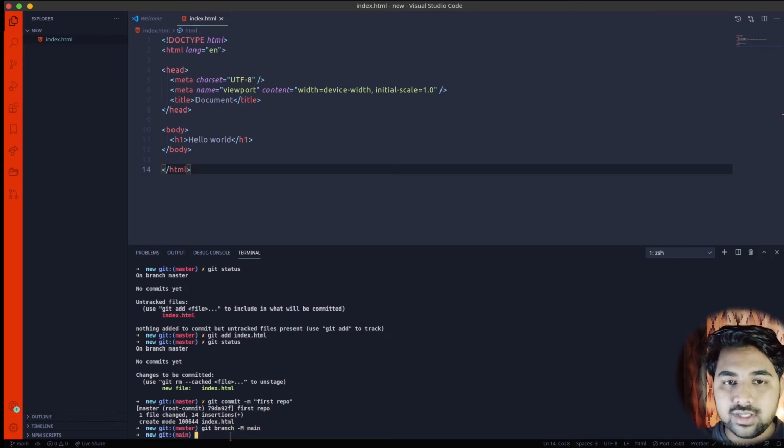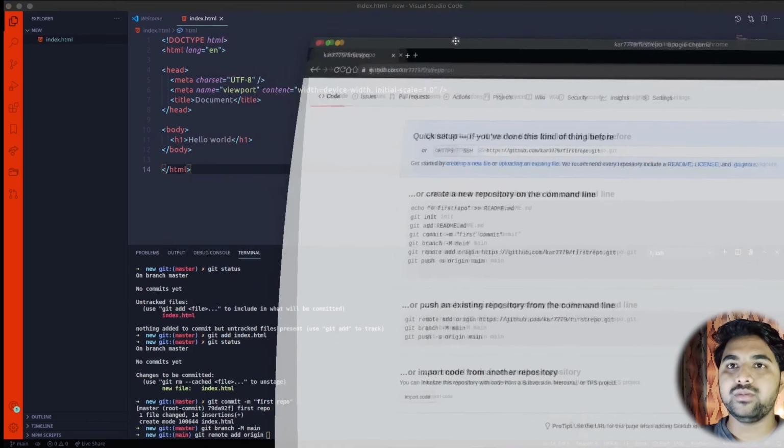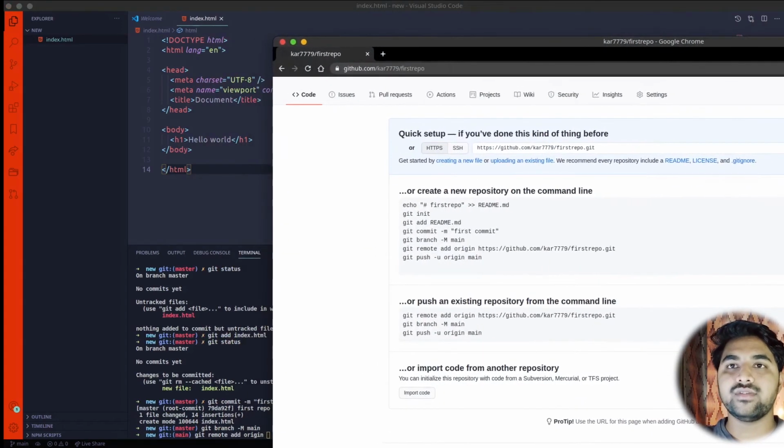Now for the remote, I already said you have to add the remote path. So git remote add origin. Then I'll copy my path. Here, this is my path of the first repo.